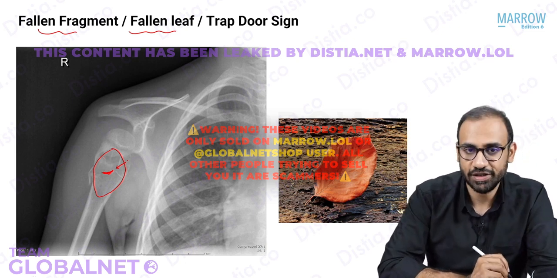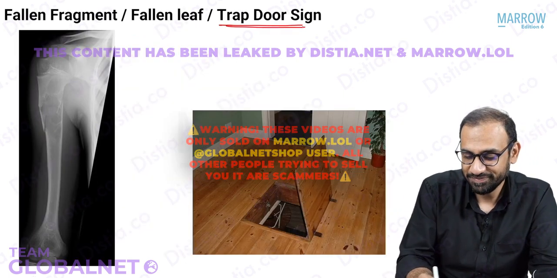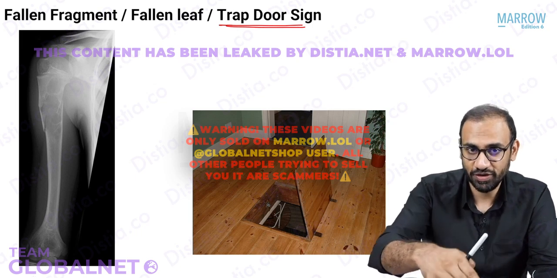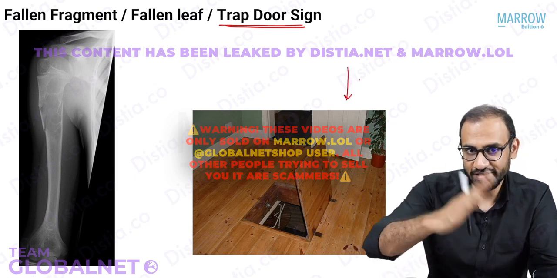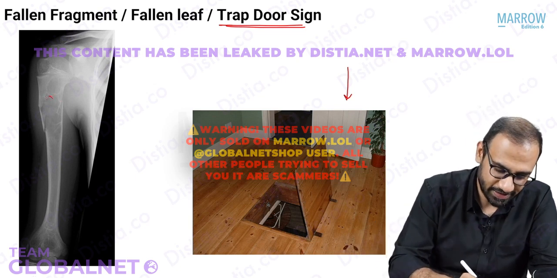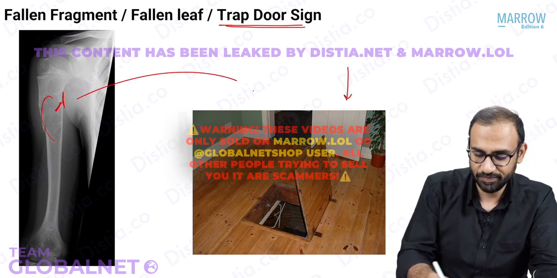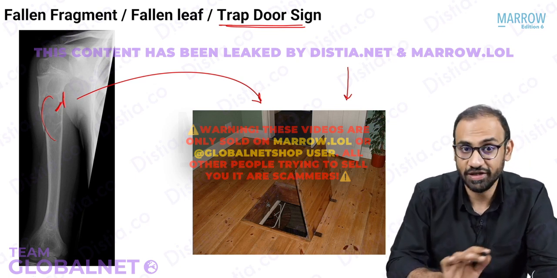Okay, so this is the first thing you should remember. The second radiological finding you should remember is the trapdoor sign. What is a trapdoor? It's a hidden door on the floor so that you can go down the stairs underneath it. This is the image there. So there is a hinge-like door on the floor. Here what is happening is a single solitary centric cyst, and you're noticing that the cortex is broken here, but it's still attached to the periosteum and hinging on it. It's like a trapdoor. That's how it got its name. That's all. These are your simple bone cyst radiological findings.